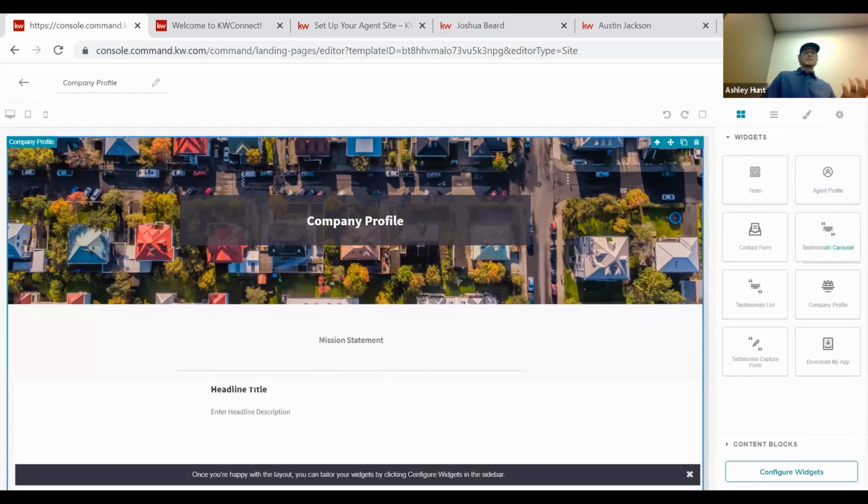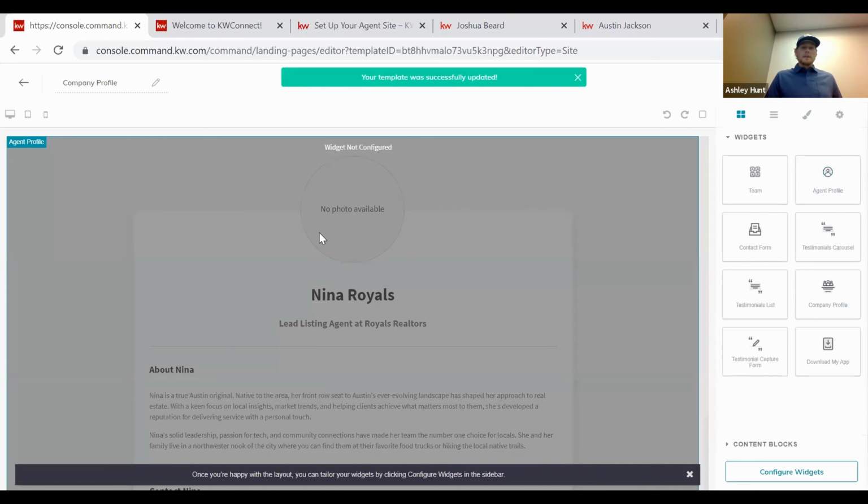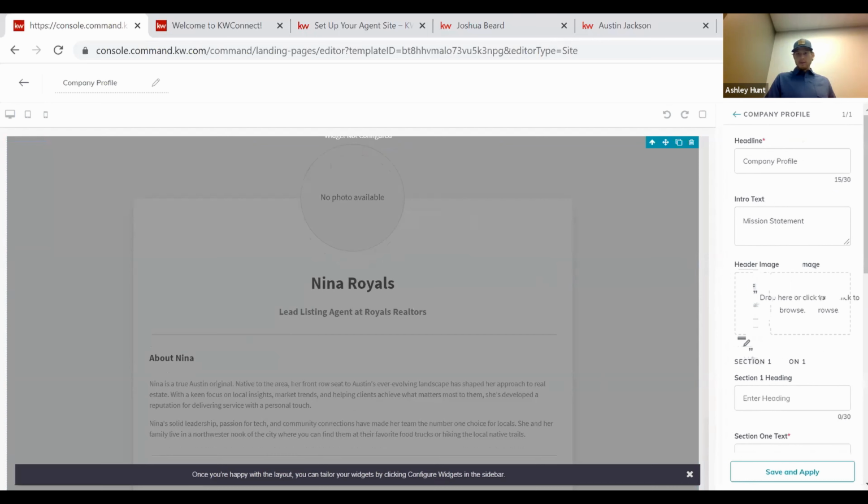here, if you click it, if I want to customize this, here are the different options at the top. So I can delete this one. Agent profile, I can drag this in. Widgets template, I haven't configured my widget, but you can go in and set these up. So if I want to go configure widgets,